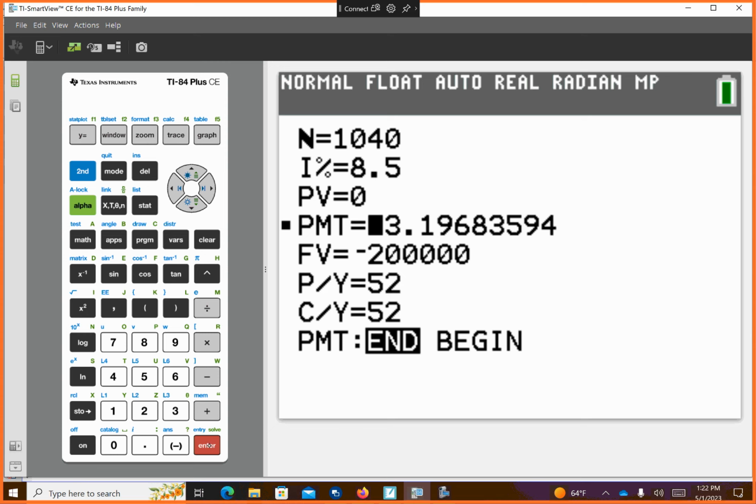There you go. So in order for you to have 52 equal payments each year for the next 20 years, you're going to have to put away $73.20 every week in this 8.5% account to make sure you got 200,000 bucks for your kids. Okay? And that could also work in other things, saying, how would that work for us? And then solving for how long